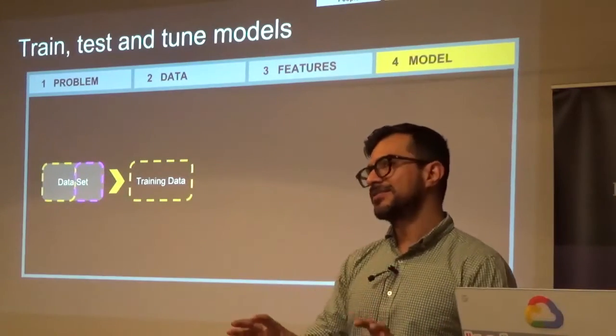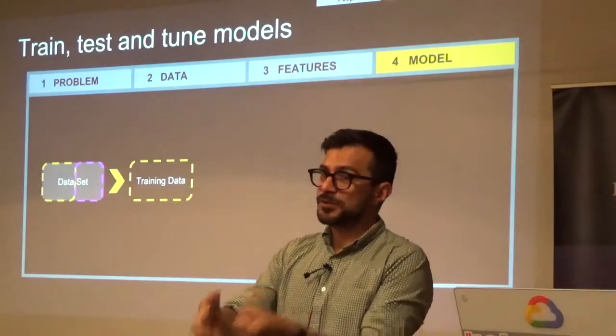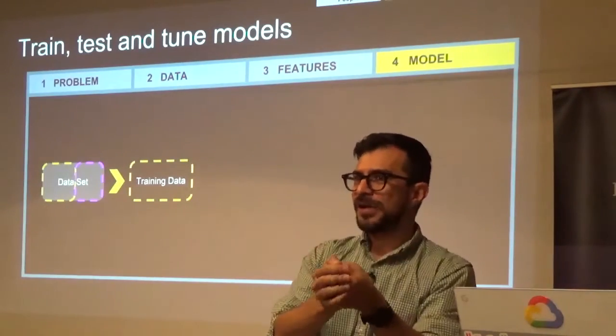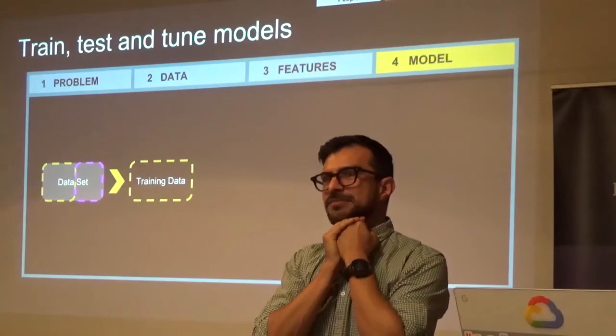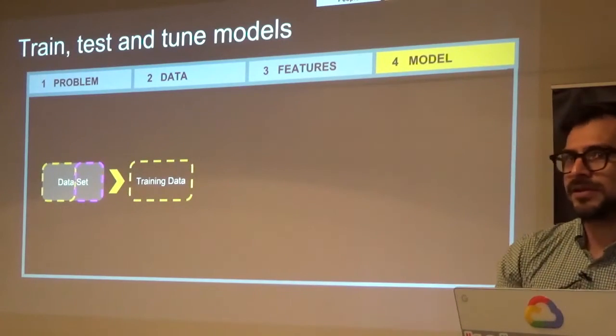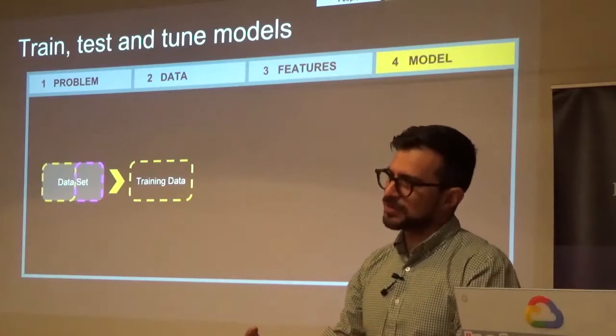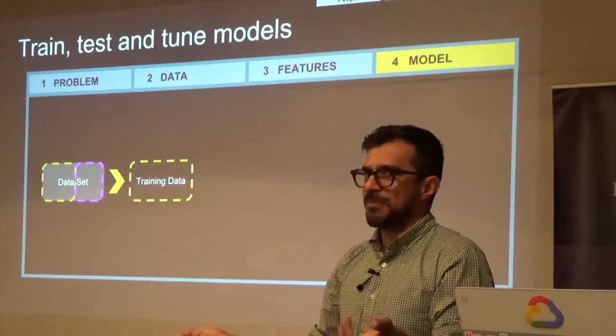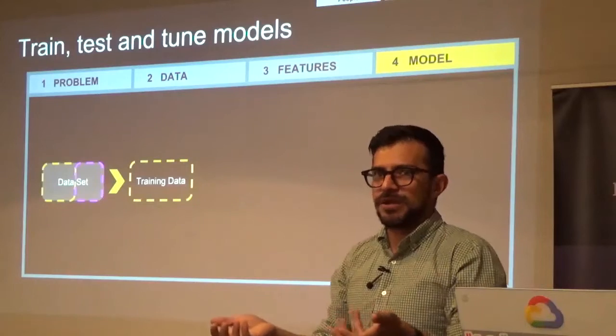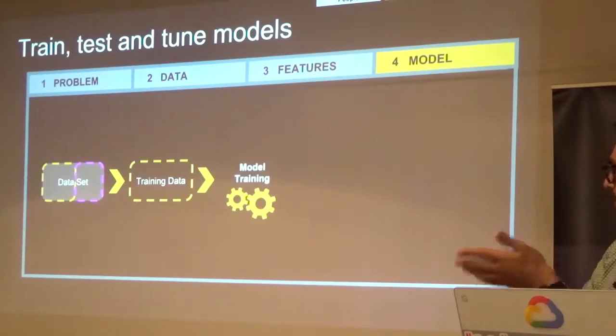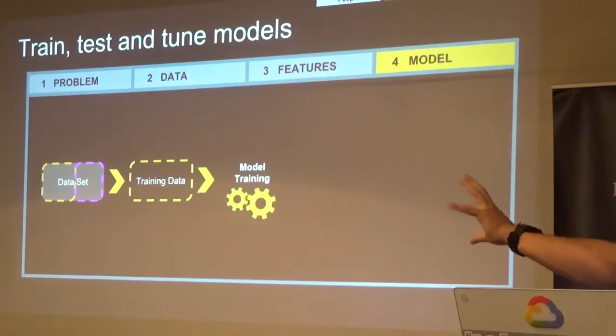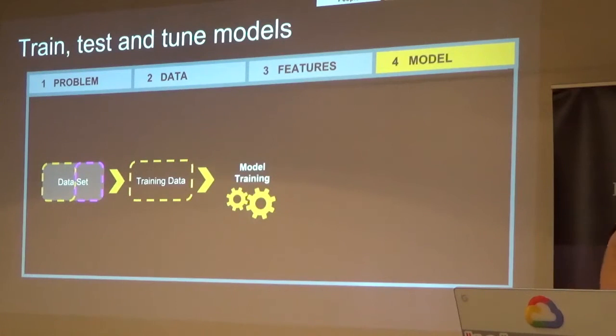And then after everything is done, you use your test data, put it again in your model, and see, does it predict the thing that I want it to predict? You don't want to use the same data that you used to train it because obviously it's memory, you already know what is going to happen. So you have the data set, you divide it, and you just use the training data with all the features that you said you're going to use. You have this model training. You don't need to understand this part right now. That is basically the algorithm that you're going to use to